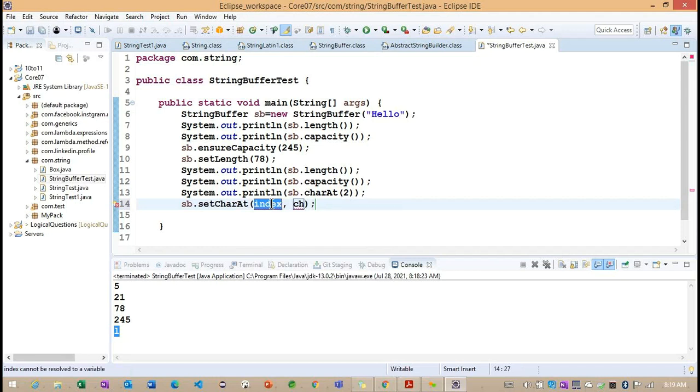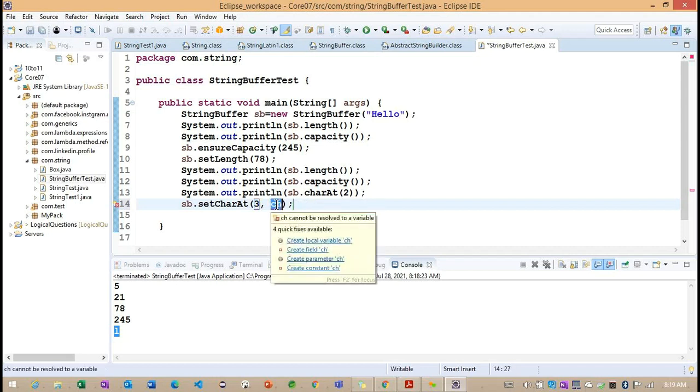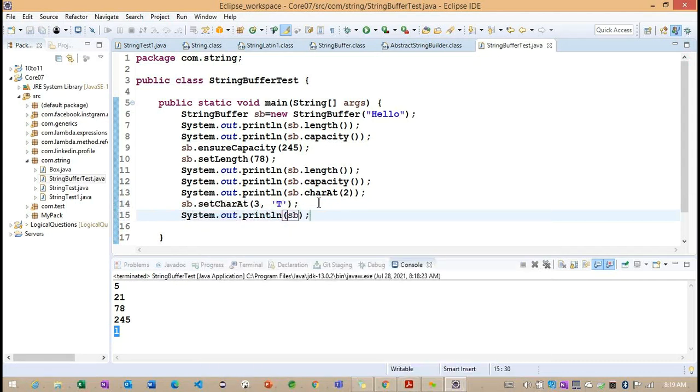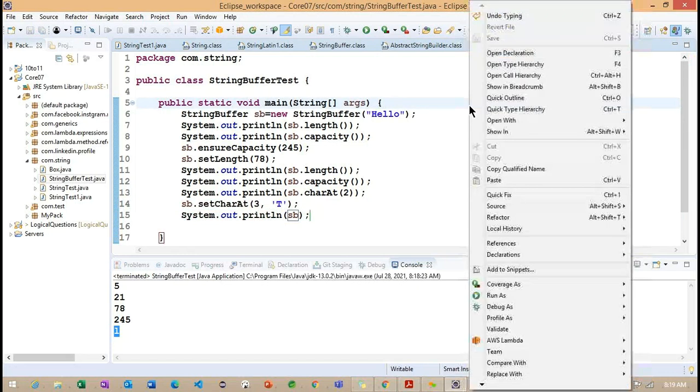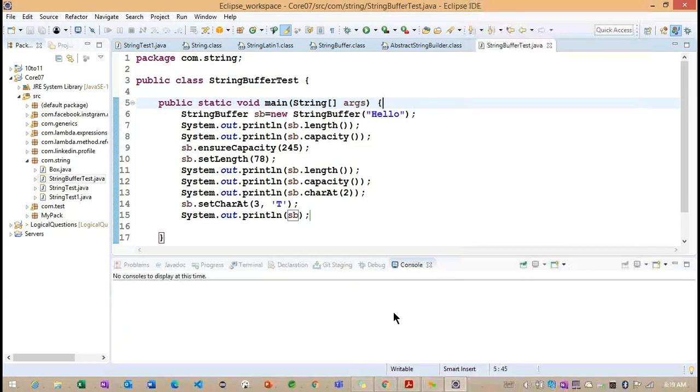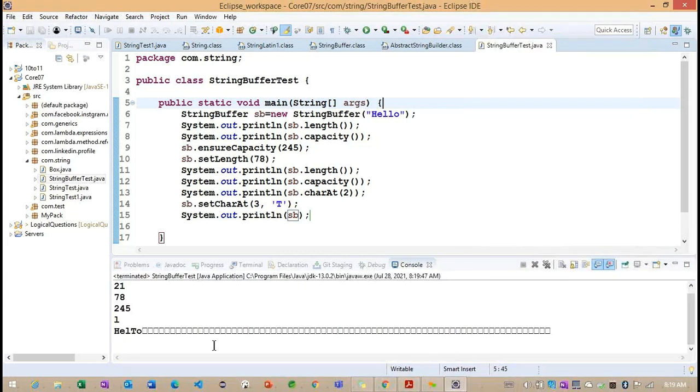So I want to insert this character in the third location. What is the character I want to insert here? Something called T. Getting the point. And after this, I call the sb object, so we can see whether the newly added character is appended or not.